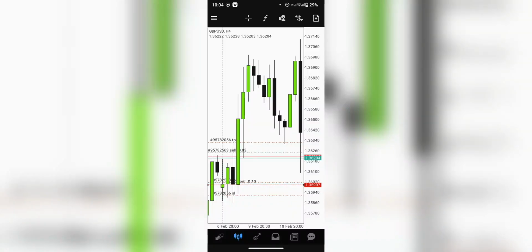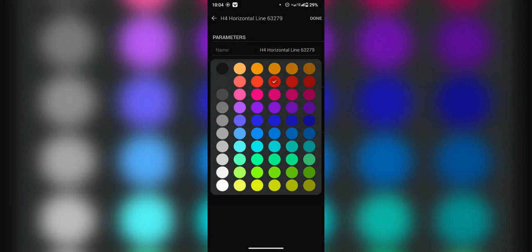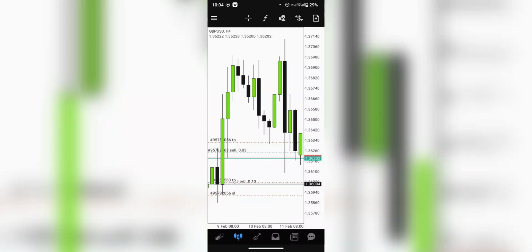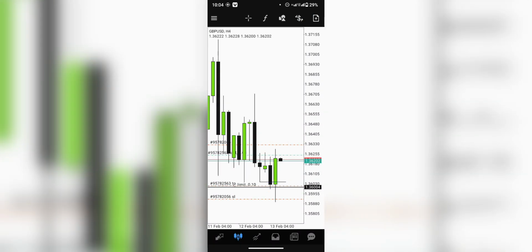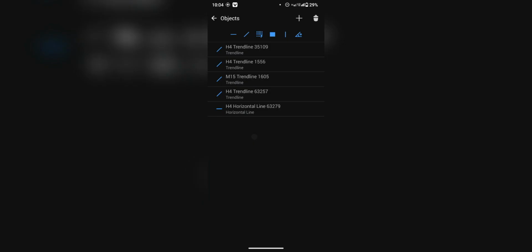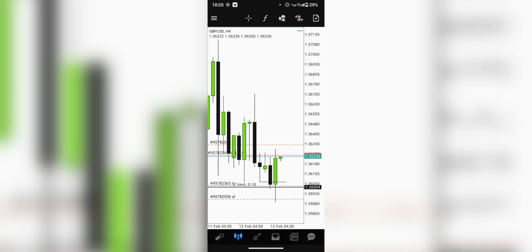Let me use the horizontal line, make it a bit thicker, change the line. So this is the classic ICT 2022 model. Sell side liquidity purged, price has found support on a rejection block, and then you'd notice over here that